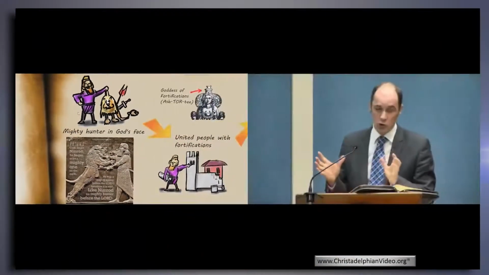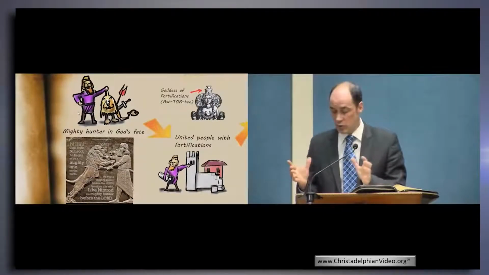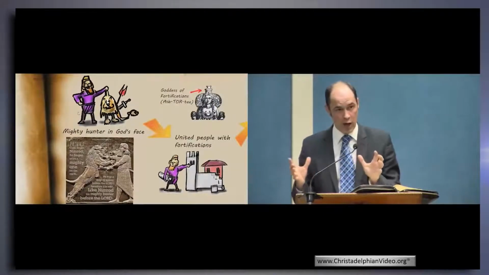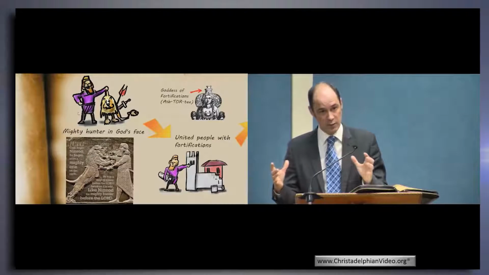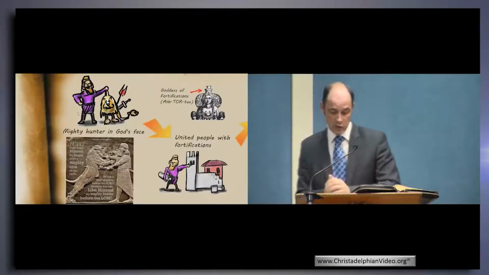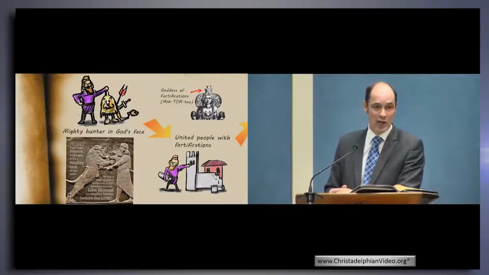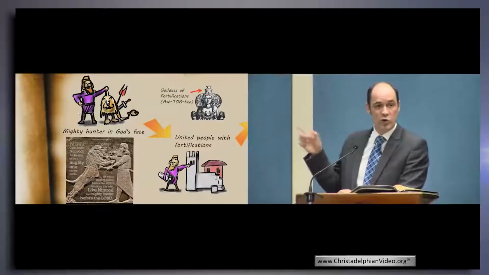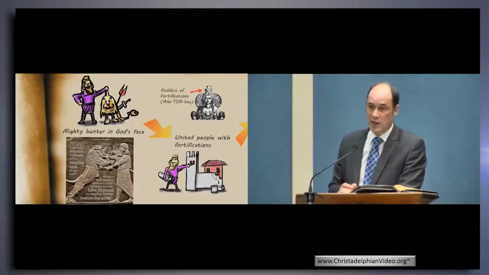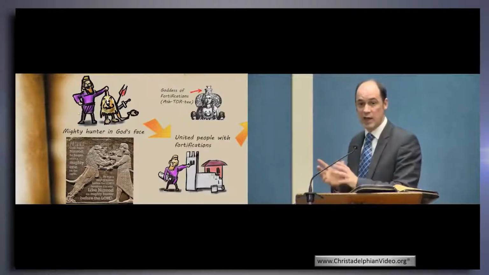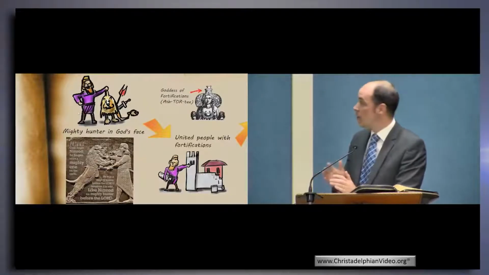But what he's done is he's unified people. And some of the gods you'll find later on are called the unifiers, the people who bring together. And also he's the encircler. He's the god of fortifications. Now, we're going to get to it in a minute, Nimrod actually gets knocked off. He gets killed. And his wife actually gets the credit for some of the work that he does. And so she's called the one who builds the walls.